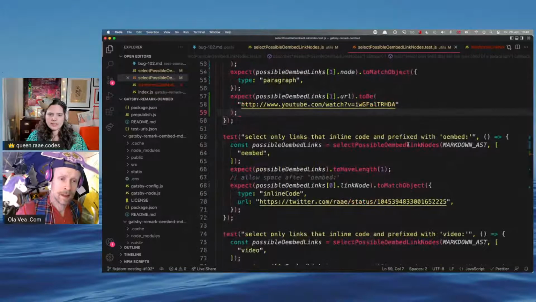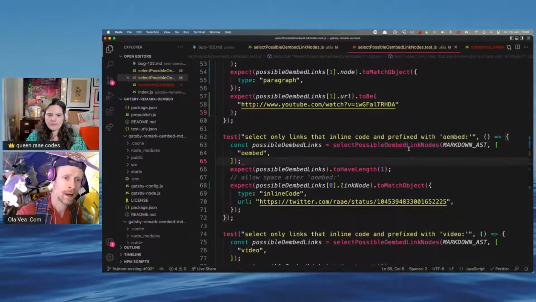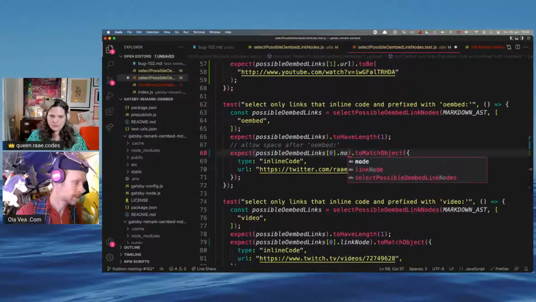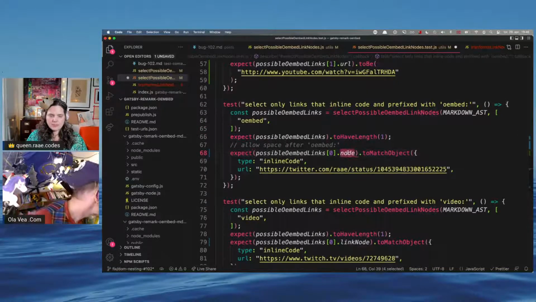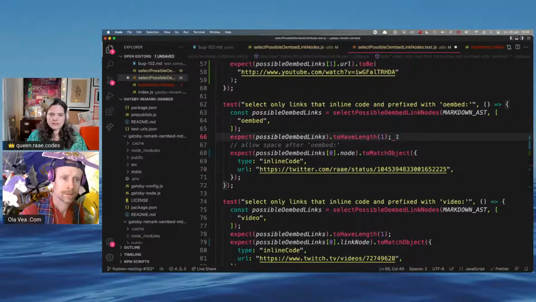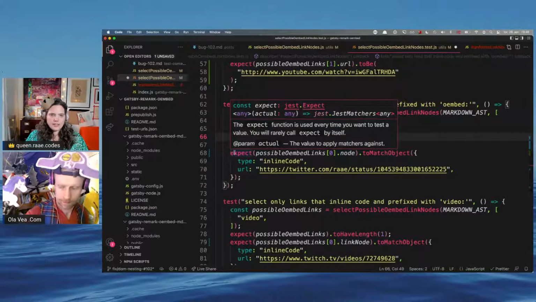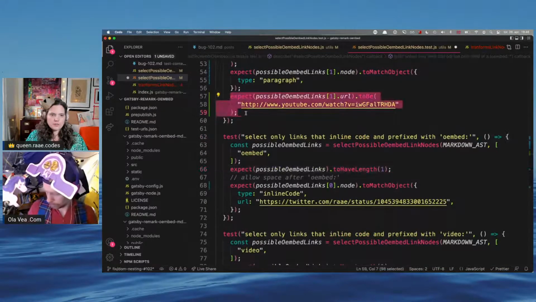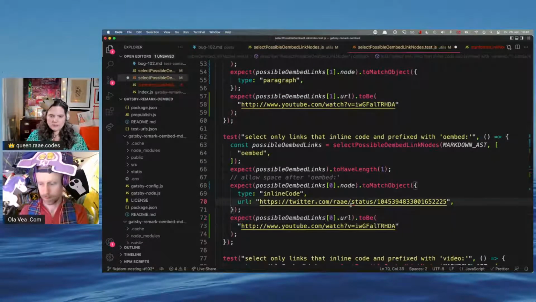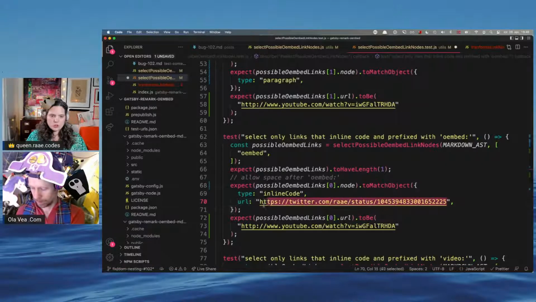And then select only links that have inline with prefix. So it's going to be node, because here we're going to keep the same node, but we also expect there to be a URL. So we expect the URL to be, and it should be the tweet here.